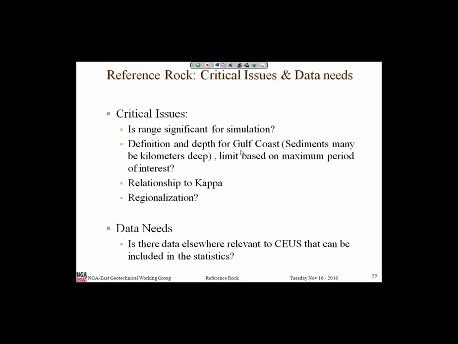In our view, when we're doing these reference rocks, for the east we're looking at using this hard rock as where we're going to do our hazard and then site response, and we're staying away from, say, the 760 meter per second that is used in standard USGS maps. So we're not going to work with a 760; we believe we'll be working with this new reference rock because it is more meaningful as an impedance contrast and from a site response point of view.